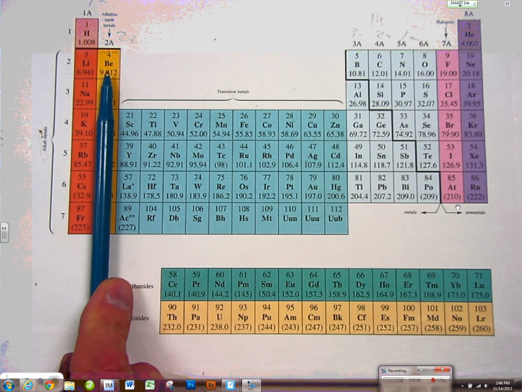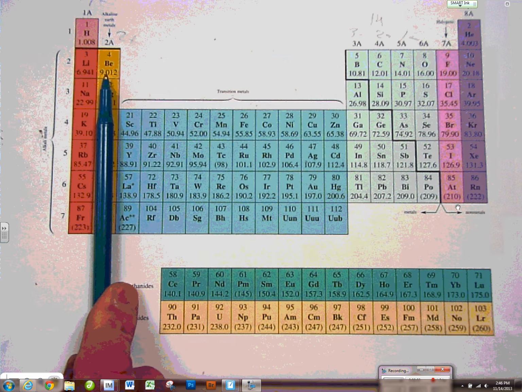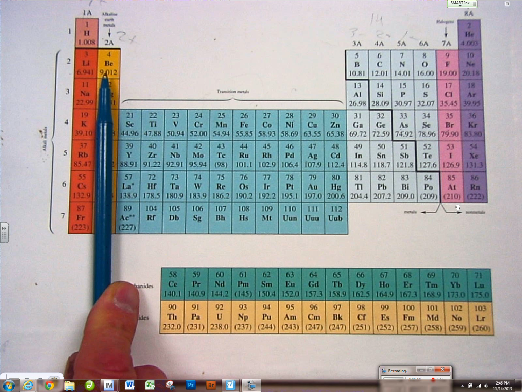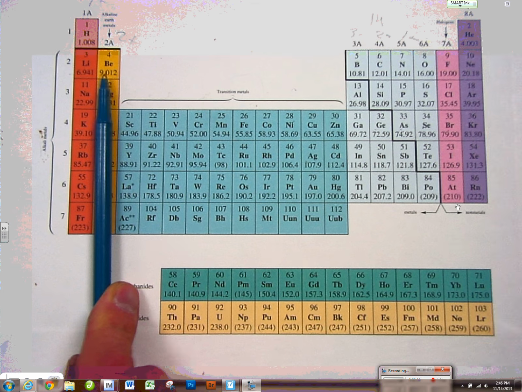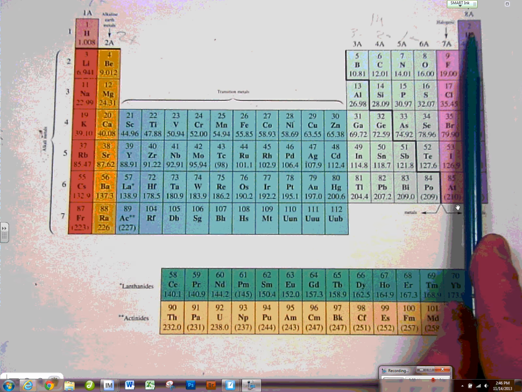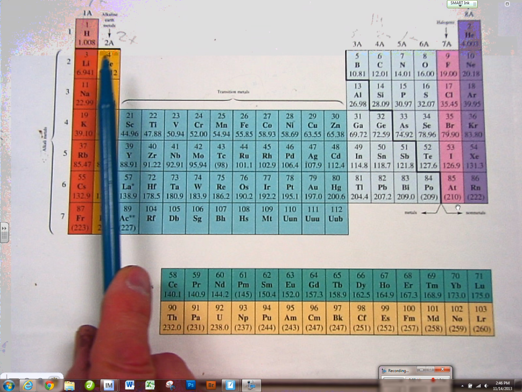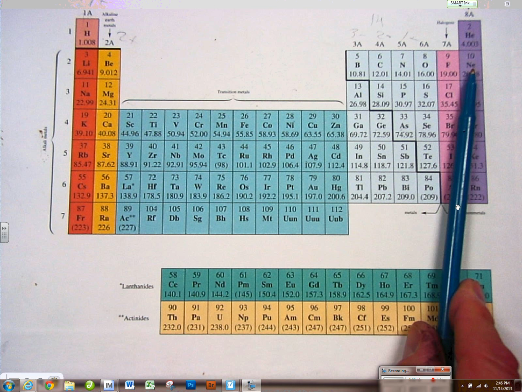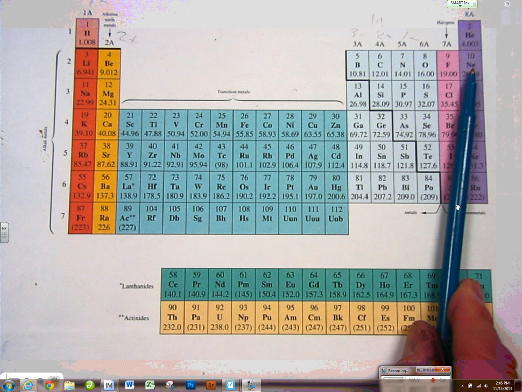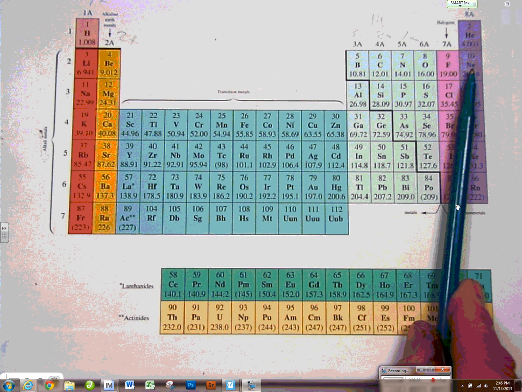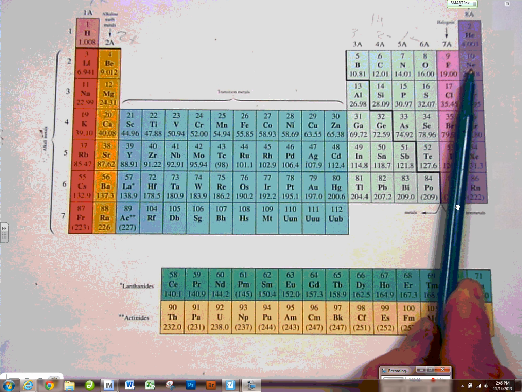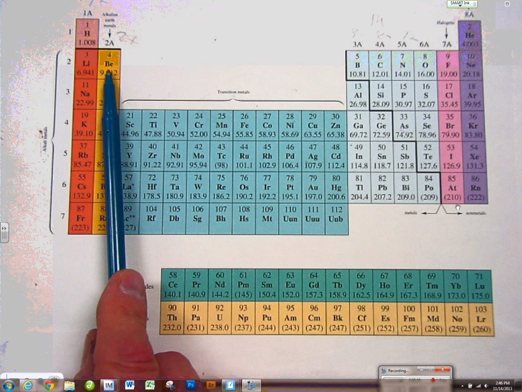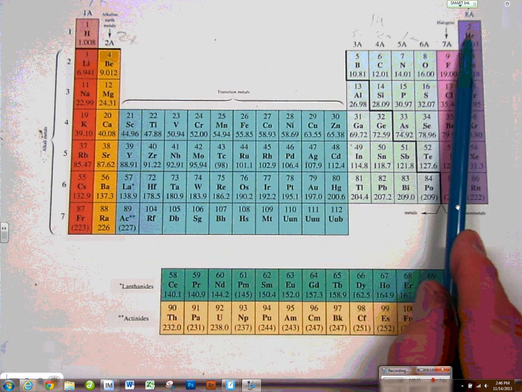So this guy right here, beryllium, when he forms an ion, what is stability for beryllium? Helium. See, if he were going to neon, he'd have to gain 1, 2, 3, 4, 5, 6 electrons. It's not going to happen, folks. It's just not going to happen. So, what he's going to do is he's going to go from here. He's going to lose 1, 2,